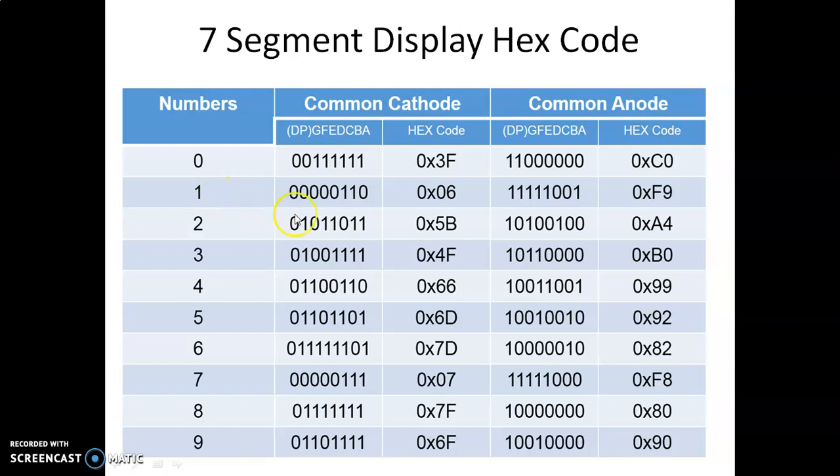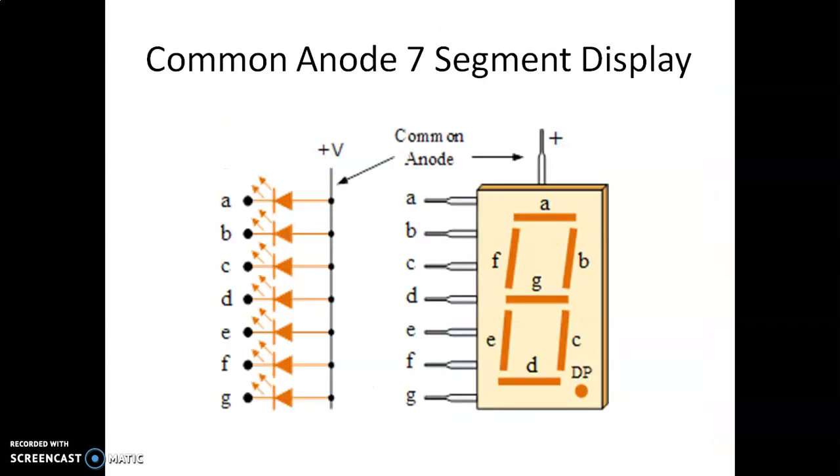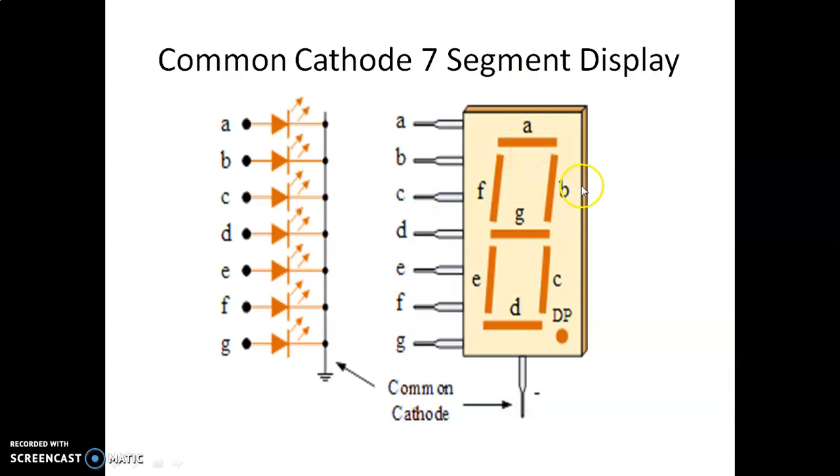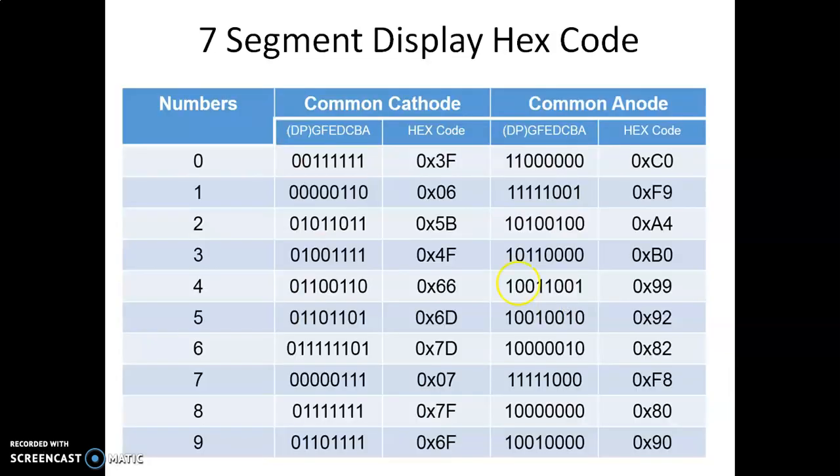When 1 is to be displayed, we need to decide which segment should be on and which segment should be off. We can see here, in case of common cathode, B and C segments should glow, and the remaining segments should be off. So what is the bit pattern we are getting? 0, 1, 1, 0, 0, 0, 0, 0. So what is the value we need to send? That is 0C. This is the value we need to send to the port at which we are connecting the 7 segment display. This is applicable to all.